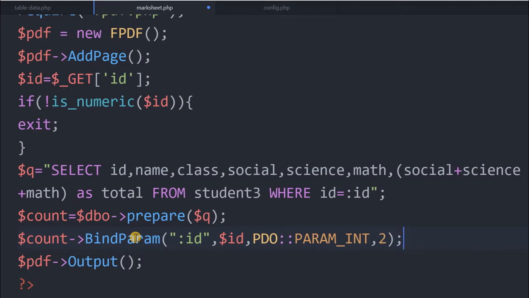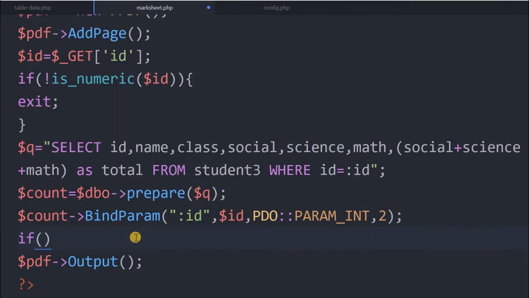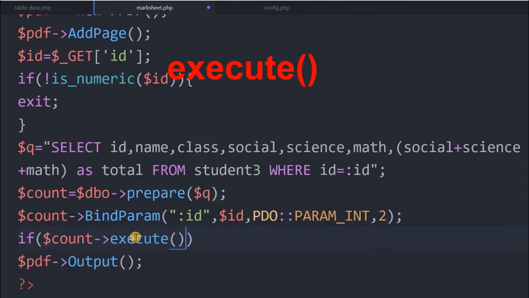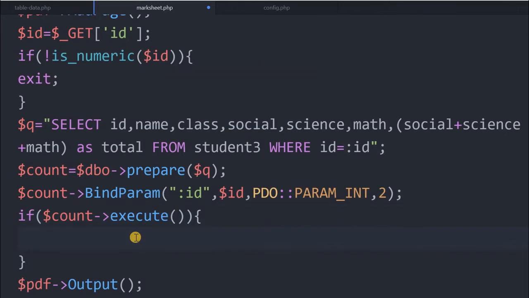So this is counted. Now if count execute is successfully executed, it will return true for us. If it is successfully executed, then we'll write our code inside this, else we'll print the error message. So inside this we'll write it.